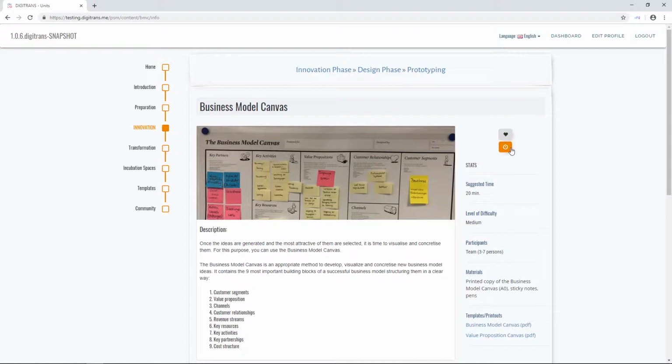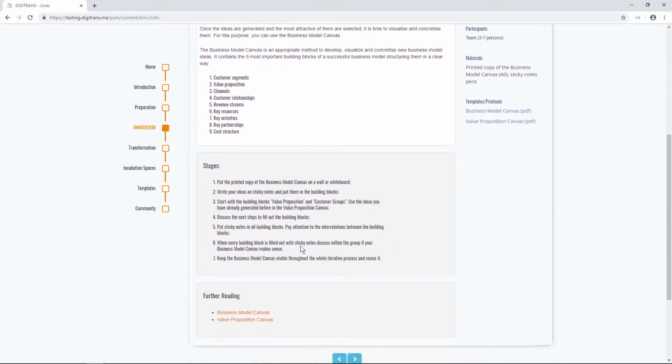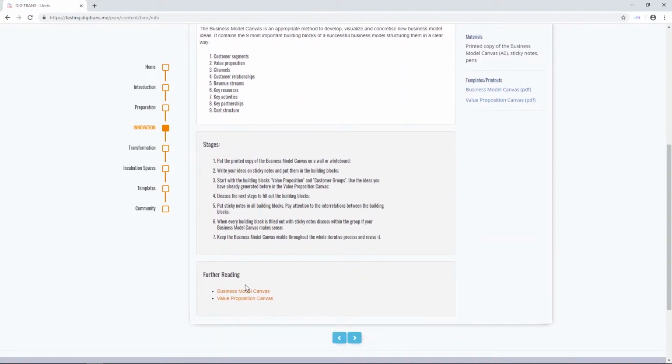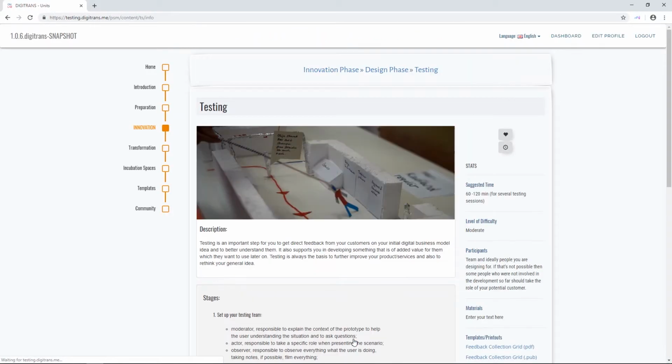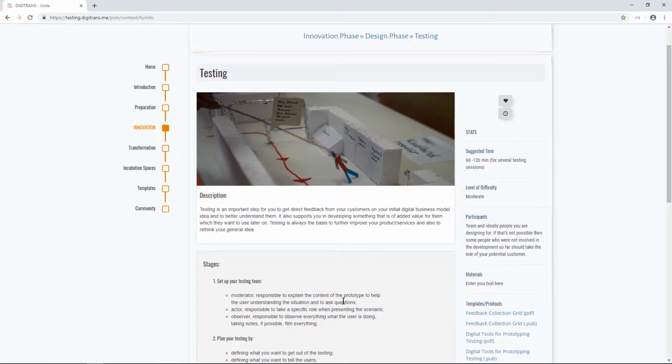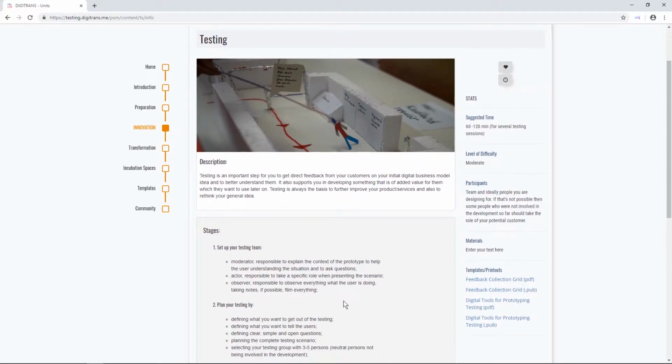The rest of the stats gives you a quick overview about the tool itself, for example, how long you should use it, how difficult it is, or which templates you can use. Underneath the picture in the middle, you find the description of the tool itself, and often links to further readings are given. The arrows on the bottom let you jump to the previous or to the next unit. So this layout of the units, which are introduced to you now, is used in all units of the innovation